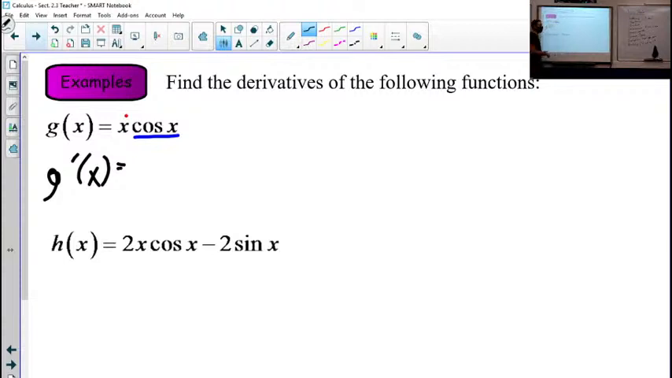So G prime is first times derivative of the second, derivative of cosine. Sine. Huh? I said sine, is that right? Negative sine. Wait, is that from notes? Yes, it is. Derivative of cosine is negative sine plus